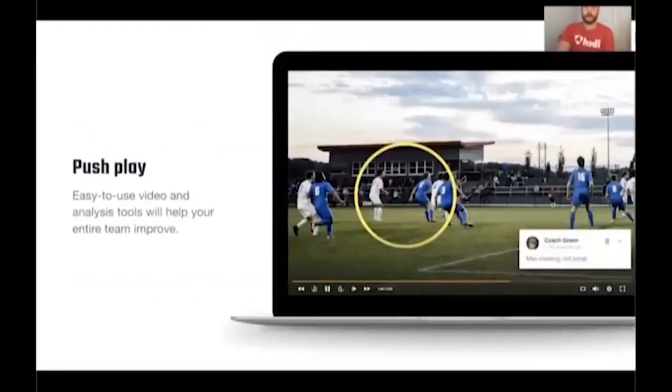So Huddle's always prided itself on being a really easy platform to use. You can see here in this video, we've got drawing tools and also commenting tools down there at the bottom. Super simple to do, click and drag kind of system. You upload your video, you pull out key moments and you share those with the team. And like I mentioned before, this could be to do with your playing philosophy. Probably a really good time to actually try to reaffirm that, like we said, or it could be looking at things that individuals or the group has done well or not so well in the past.